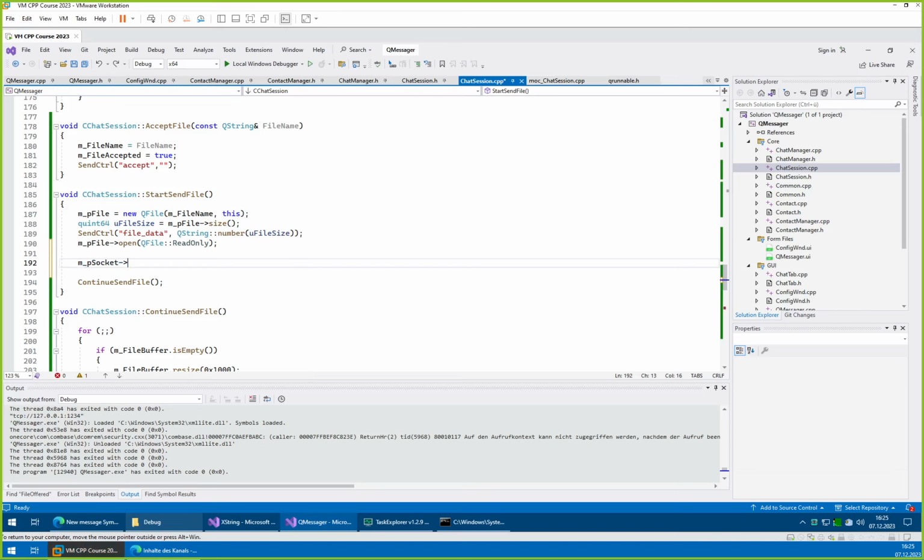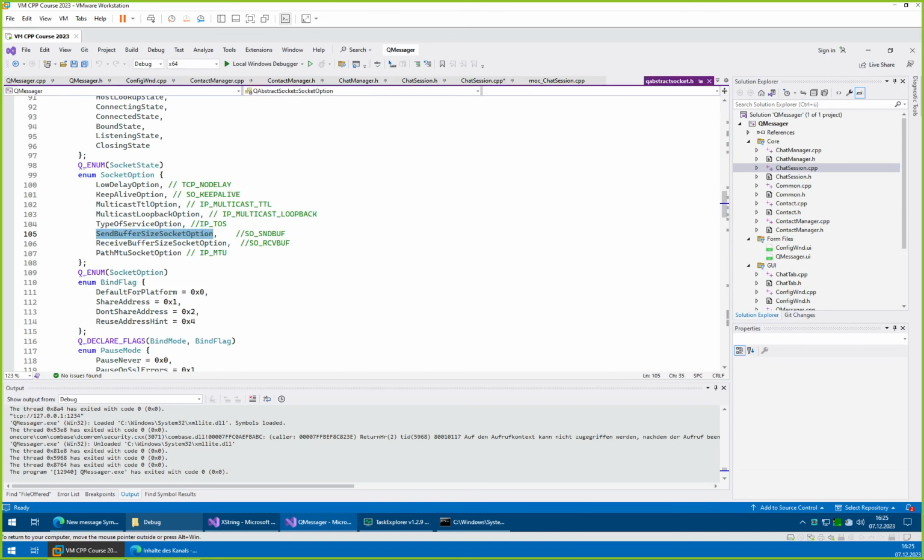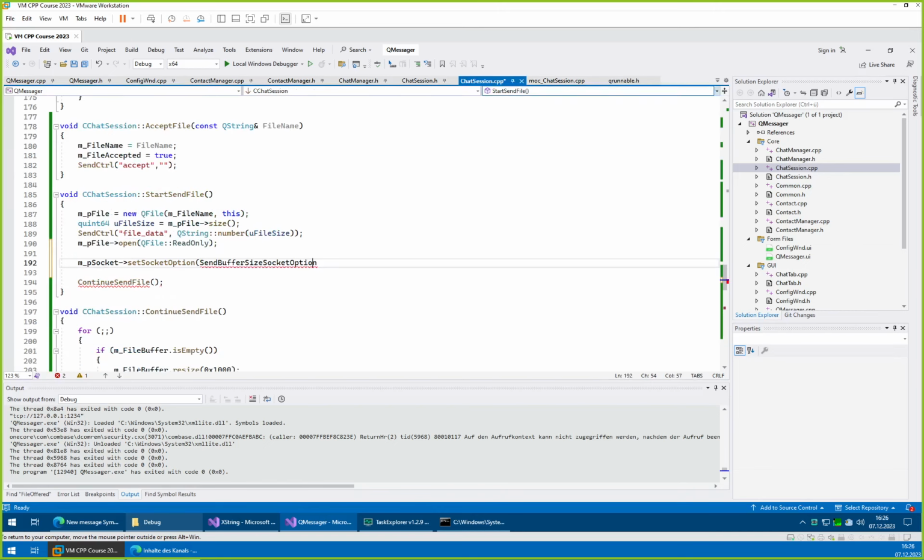Okay, so set socket options. Well, here we can set, but this looks like it's more a preset for the underlying